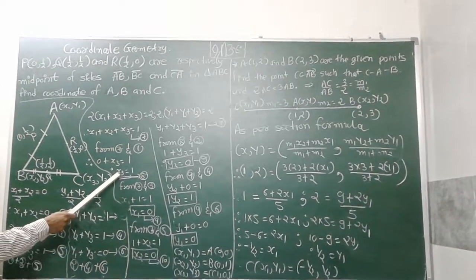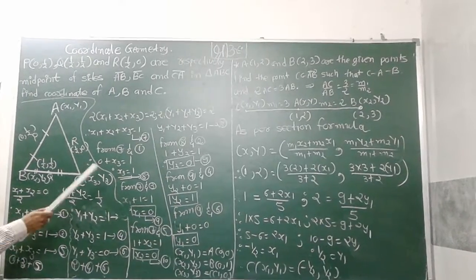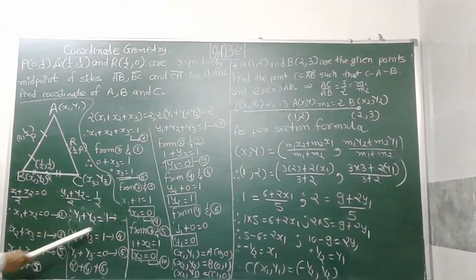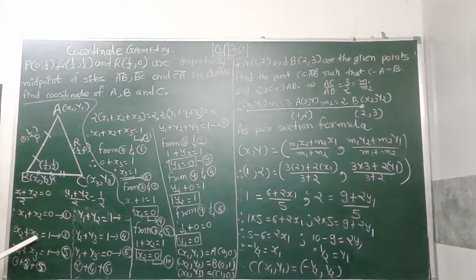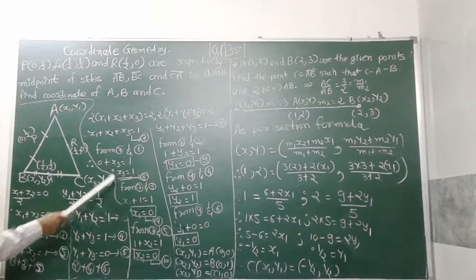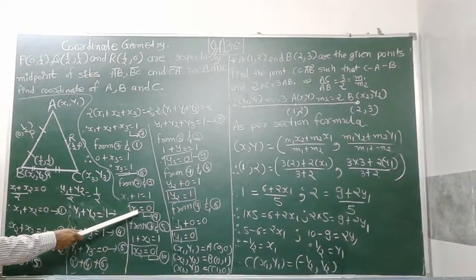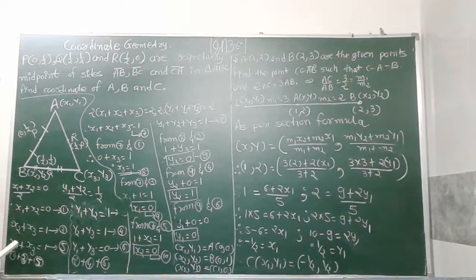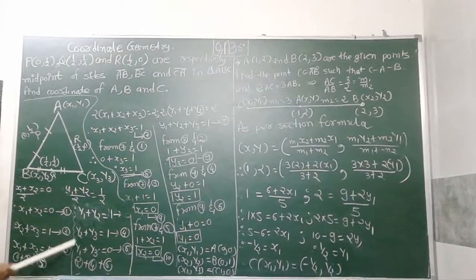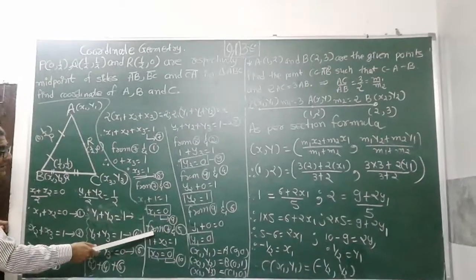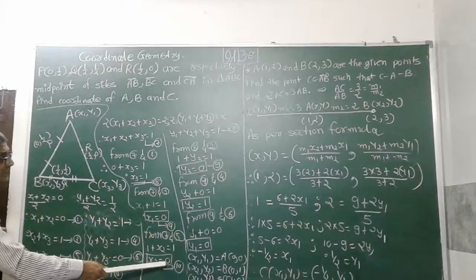Now you have a choice: either you replace the value of x3 in equations number 3 and 5, or from equation number 7 and equation number 3, again the substitution method. So the value of x2 + x3 is equal to 1. So here we can replace that, x1 + 1 is equal to 1. So x1 is equal to 0. Same way we replace the value in x1 + x3 is equal to 1, that is equation number 5 and equation number 7. Here it is mentioned, so 1 + y2 is equal to 1. So y2 is equal to 0.